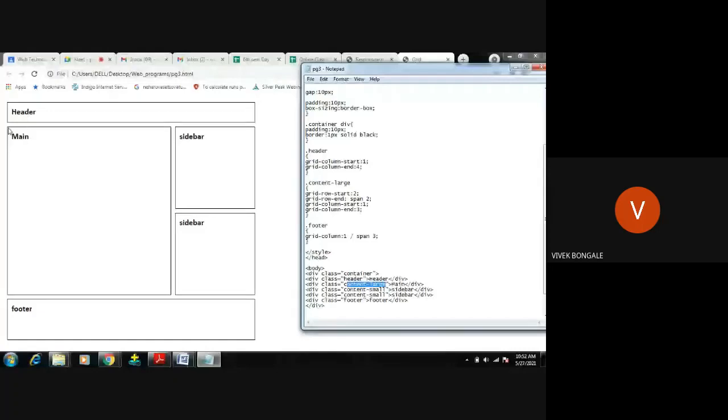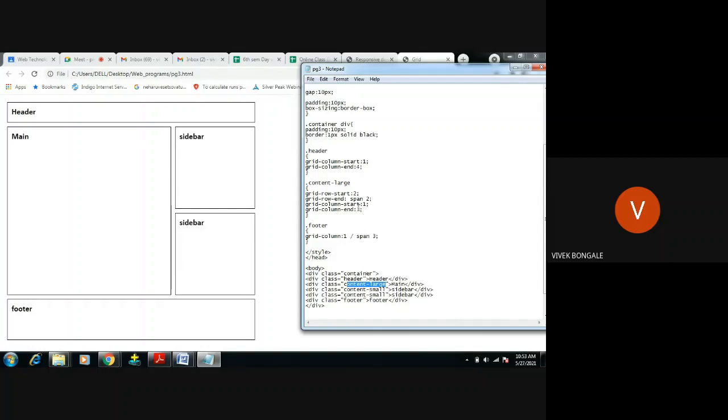So grid row start 2, it will start from here, ends at 2. Okay, it's taking two rows now, not columns. It's taking two rows for the main function, right? So grid row end span 2. Span nothing but it has merged these two. Spanning means merging of the two columns. Column starts from here 1 and ends at 3.